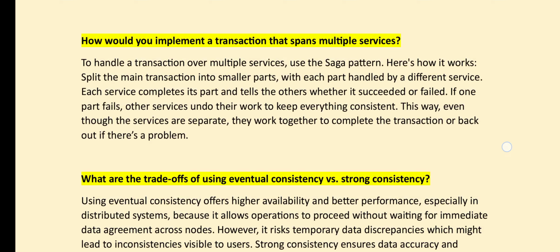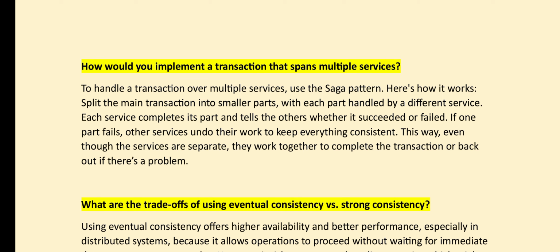Each service completes its part and tells the others whether it succeeded or failed. If one part fails, other services undo their work to keep everything consistent. This way, even though the services are separate, they work together to complete the transaction or back out if there